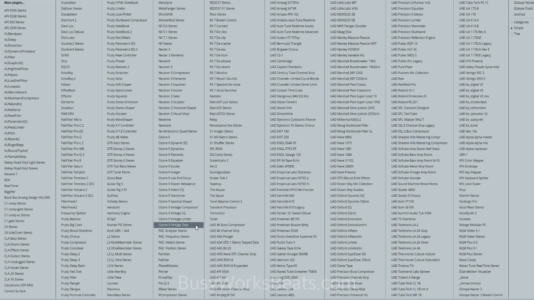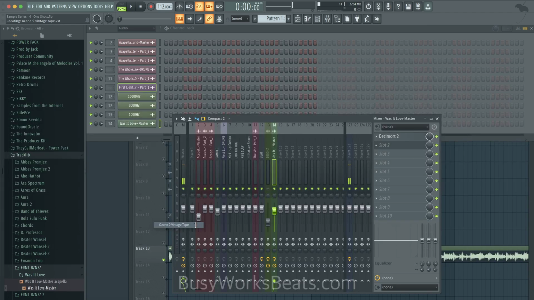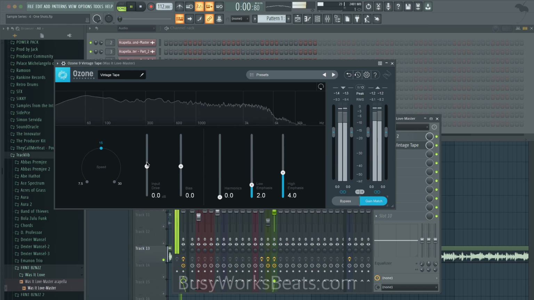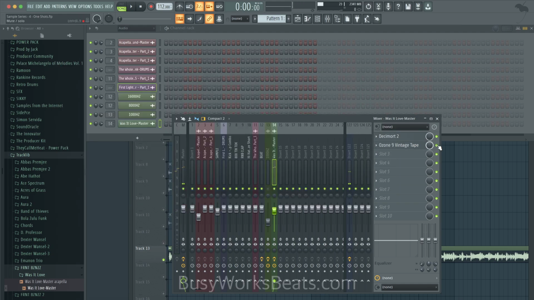There's a plugin called Isotope Vintage Tape. Let's see what this tape sound gives us. Let's go to 15 IPS. What I like to do is just drive it in. Now this track's already mastered, so you don't want to overkill. So that kind of doesn't match that tone. Let's think of other cool things we could do.